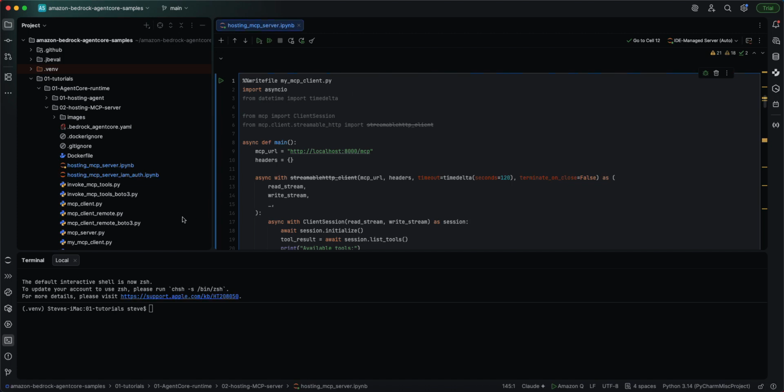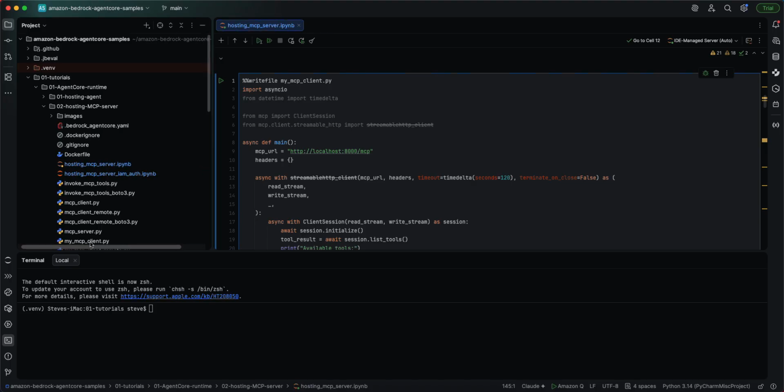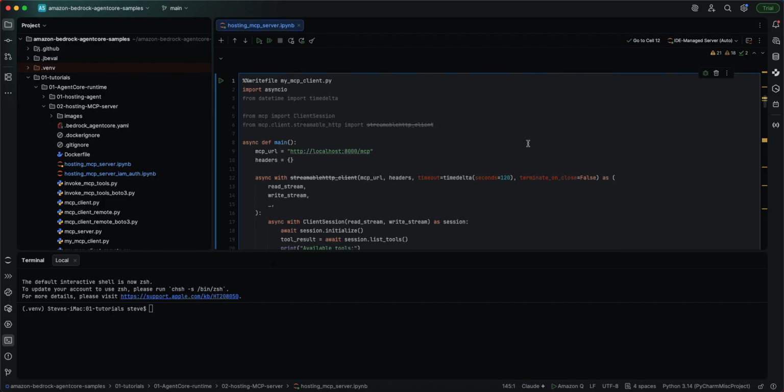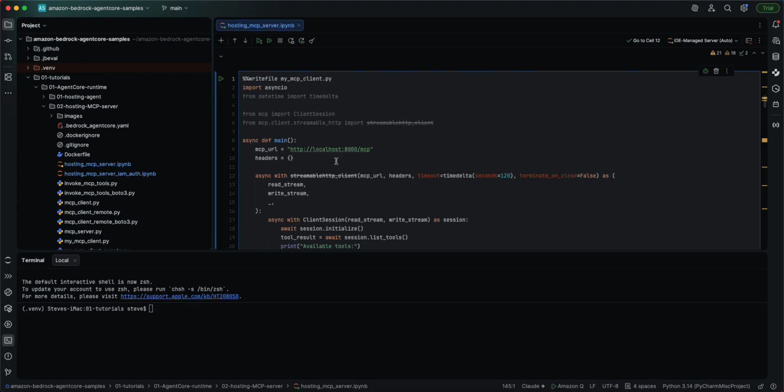There it is. My MCP client right here. Okay, beautiful. Let's find out what it's doing. Why aren't these things being used? They might be used in a later cell, so let's not worry about that. So what are we doing? We're defining a main program. We're using a local MCP URL to communicate with. And let's see,